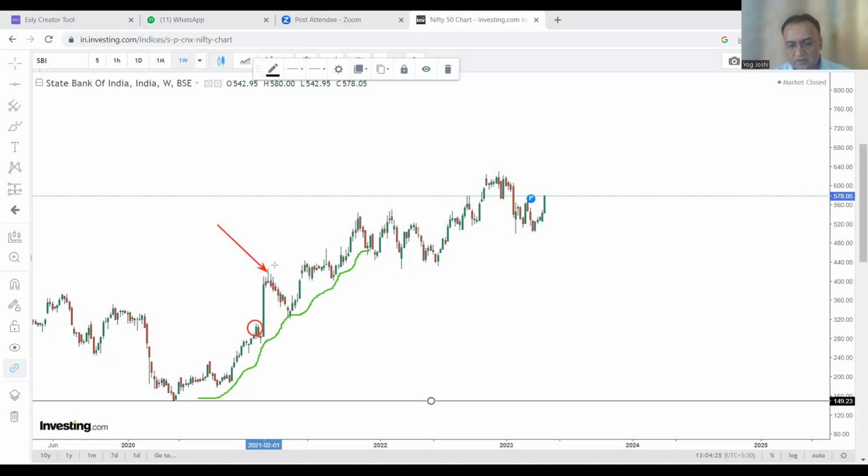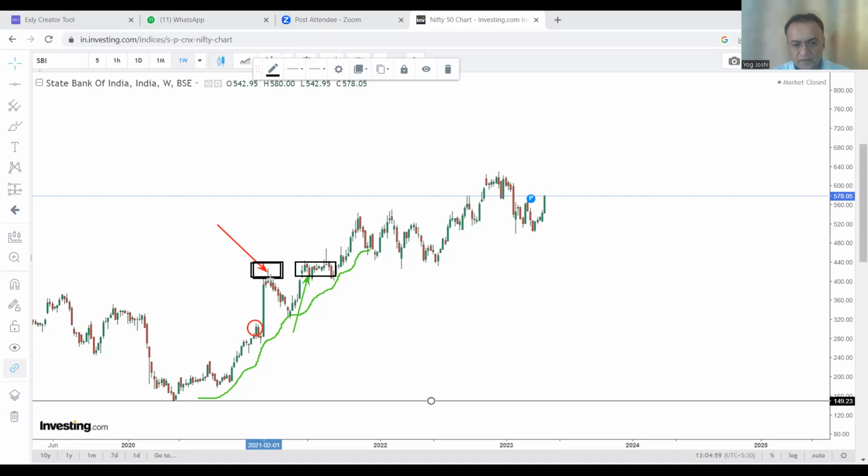This is the resistance. When price bounces back, the price faces rejection at this area. It is also known as a supply zone in a sideways trend. Why? Because the historical data is available: whenever price came here in the past, it faced resistance and underwent a downfall.